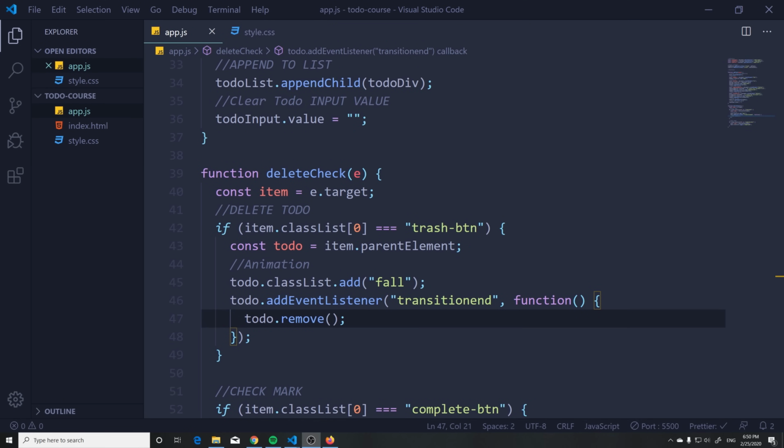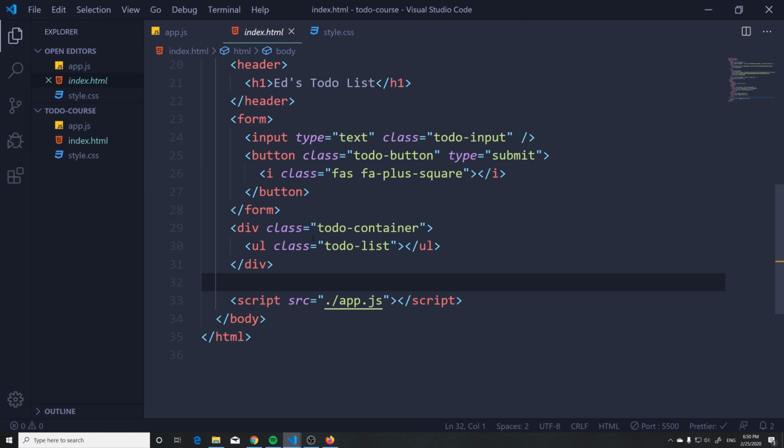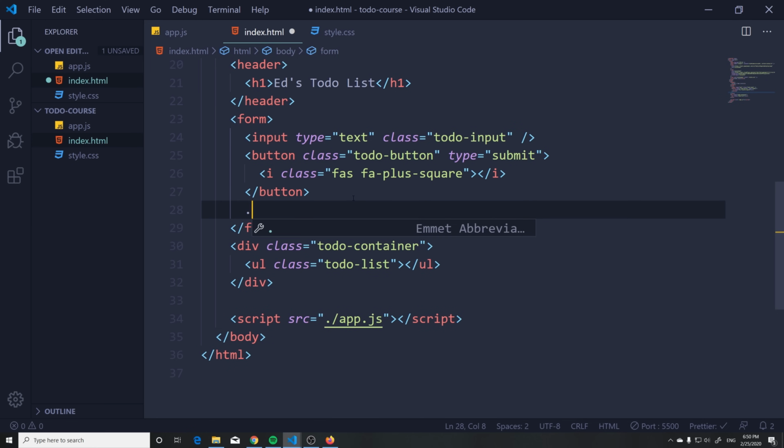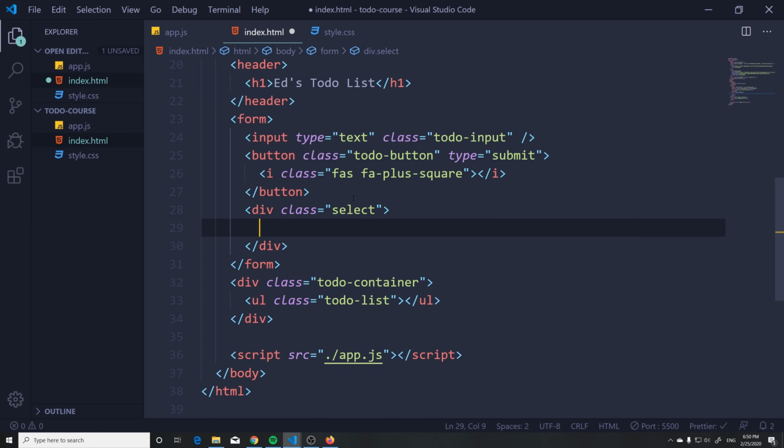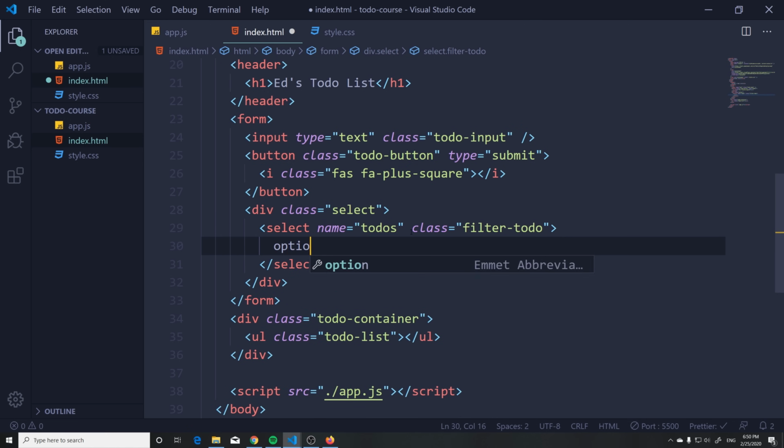Okay, let's go back to our HTML and just add a filter in here. So let's go, where are we going? Above the form here, let's add it here. We're just gonna create a select class. And here we're gonna have select. All right, let's remove everything from here. We're gonna have a name of to-dos and a class of filter-todo. Okay, and in here we're gonna have a couple of options. Option with a value of all,